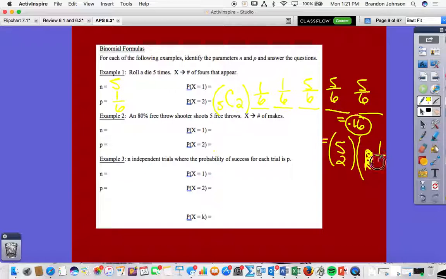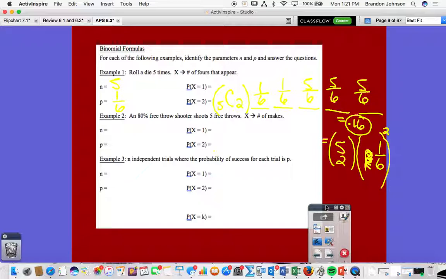1/6. To the x power. How many x's did we have? 2, yeah. Let's see if I can move this here. I know, look at that, right? Multiplied by 1 minus p. What's p again? 1/6. So what's 1 minus 1/6? 5/6. 5/6 to the,